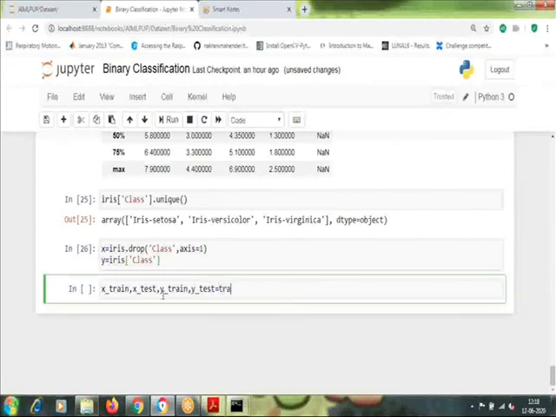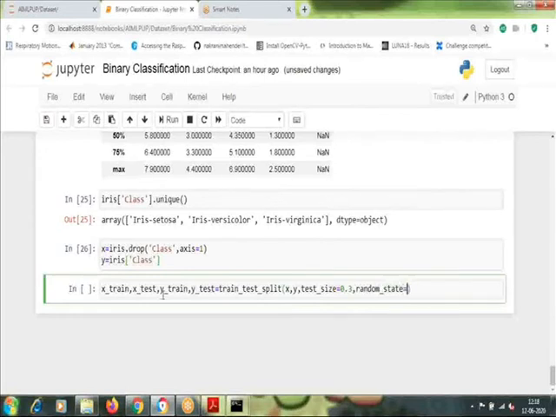equals train test split. Now there is no need to import, we have imported it already. So train test split x, y, then our test size, let's say 0.3 again, and random state.